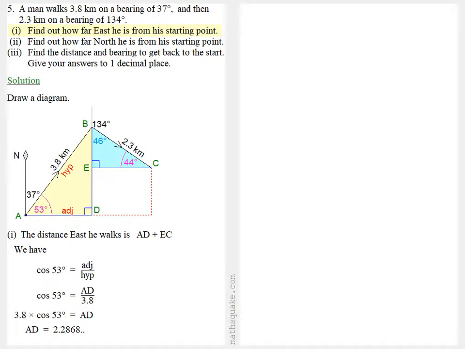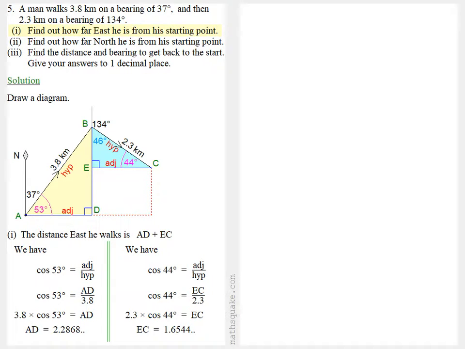First of all, name the sides. 2.3 kilometres is the longest side opposite the right angle, so it's the hypotenuse. And we want to find the length EC, which is the side next to the angle 44, so that's the adjacent. So we have the cosine of the angle is the adjacent over the hypotenuse, which means the cosine of 44 degrees is equal to EC over 2.3. Now we multiply both sides by 2.3 to get 2.3 times the cosine of 44 is equal to EC. If we type that into the calculator, we find EC is equal to